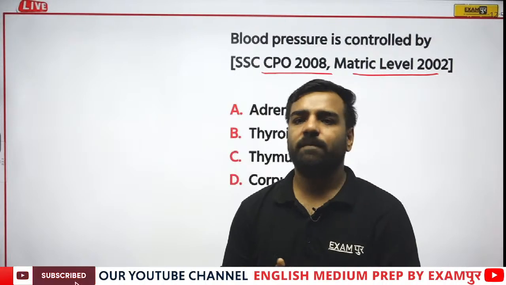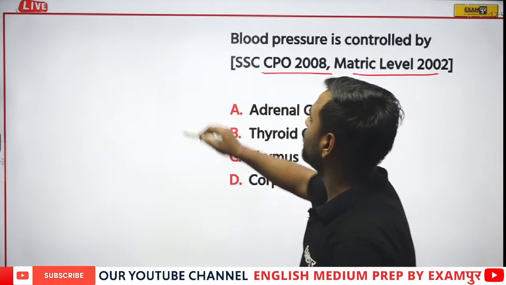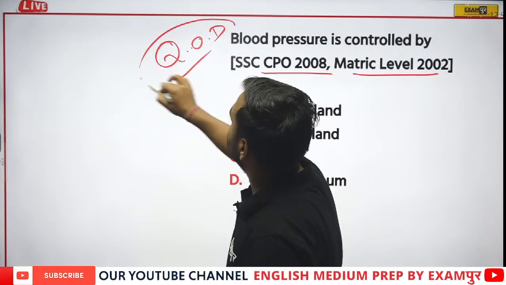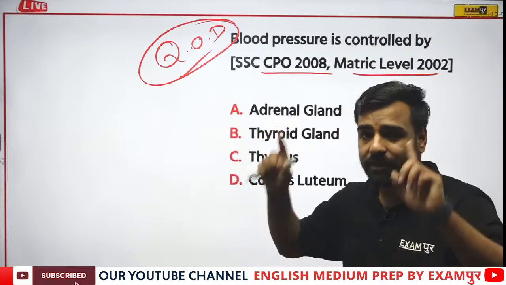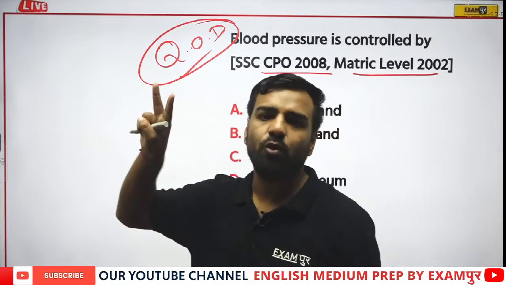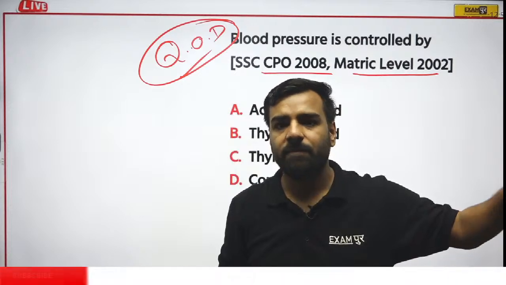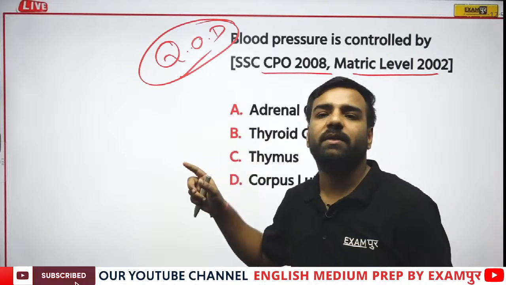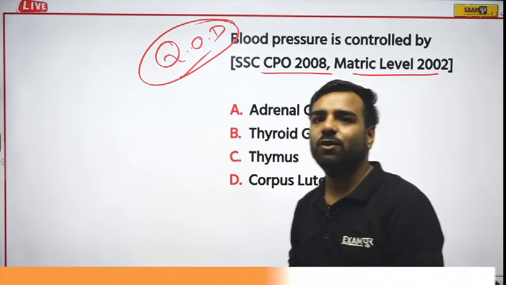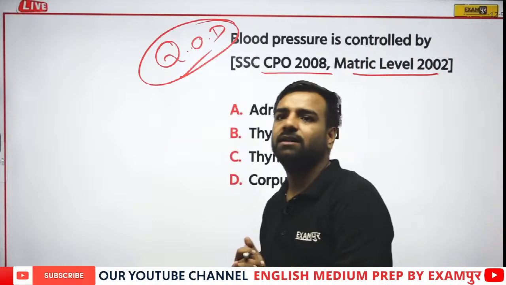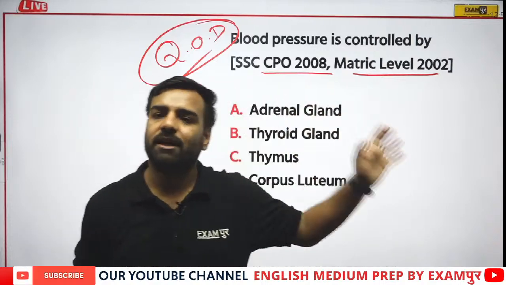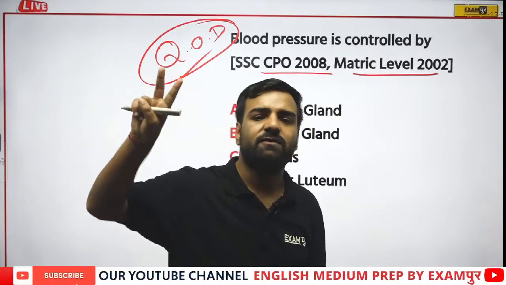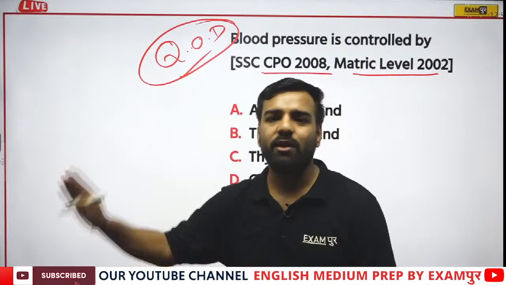So we can do one thing. We'll keep this question for the question of the day. Because I want you all in the comment section and in the evening, we'll be starting with the two questions, which is the smallest gland and which particular gland is controlling the blood pressure. Fine. So yes, Vikas is with C over here, but Vikas, Momita, Sudesh, I want you all in the comment section just after the session with this answer, and in evening with both questions, we'll be starting our session at 6.